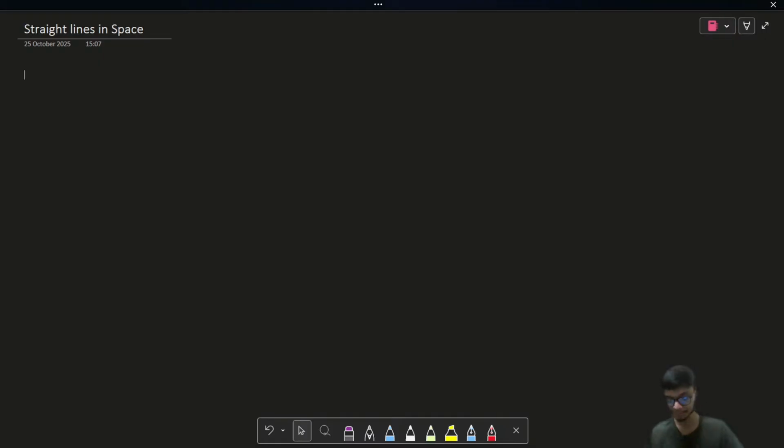So right now we come back and discuss another very important topic, that is the concepts of space. Right. So as of the last one, we have finished discussing the concept of straight lines, or the equation